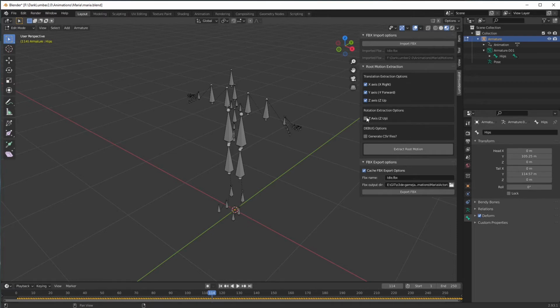Optionally, we can extract rotations around the z-axis. This is very important for when you want your root motion to rotate in your game. And we'll cover details about that later with other animations. So usually by default, this is all you need to do. The default settings are usually correct. So all we're going to do is click on extract root motion,